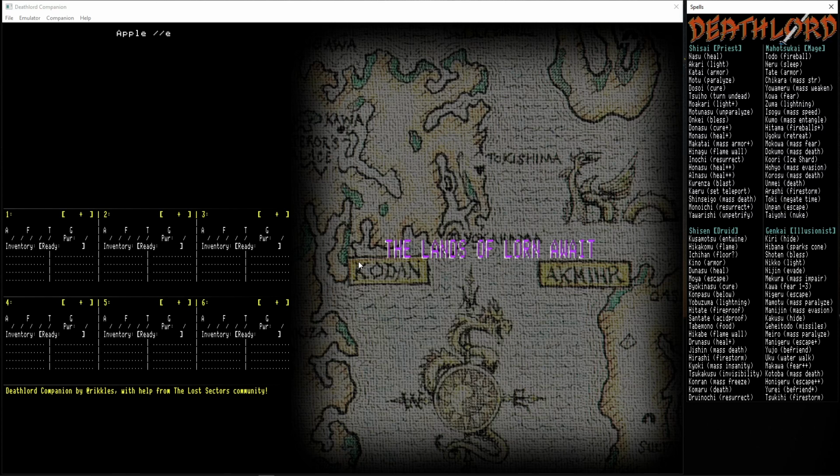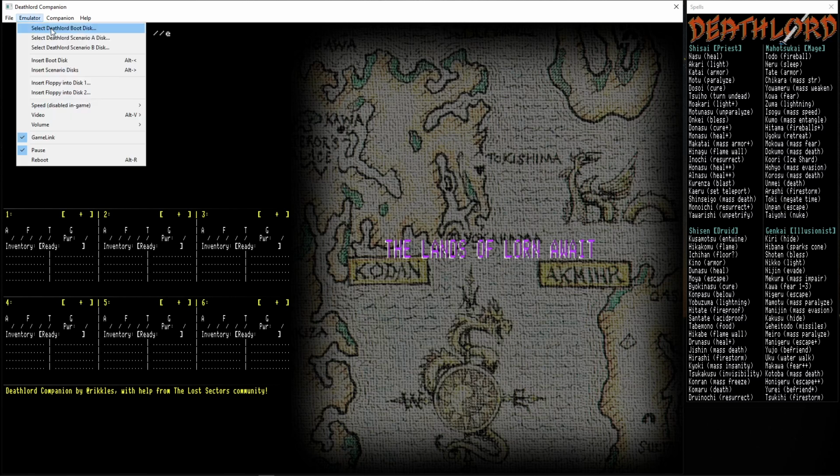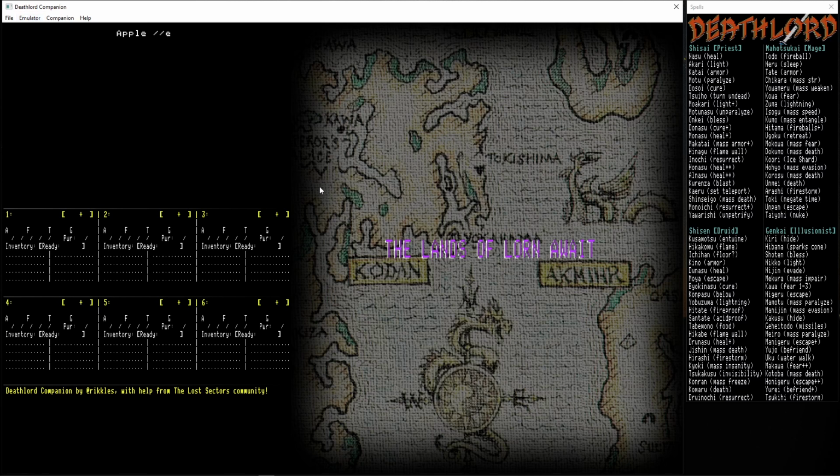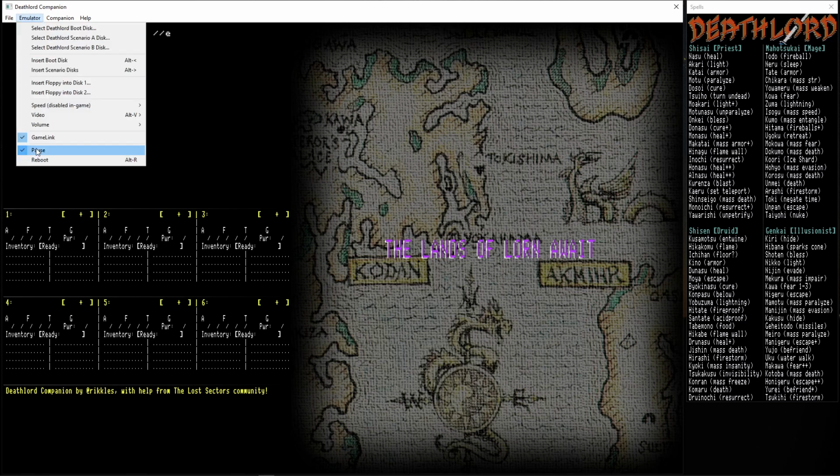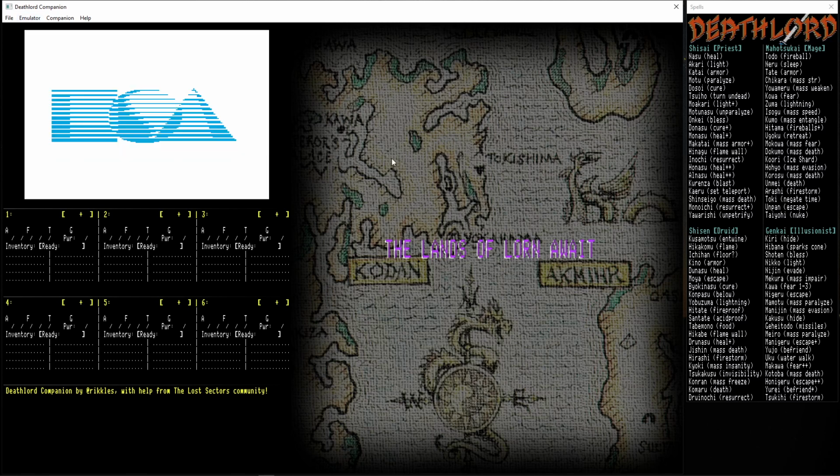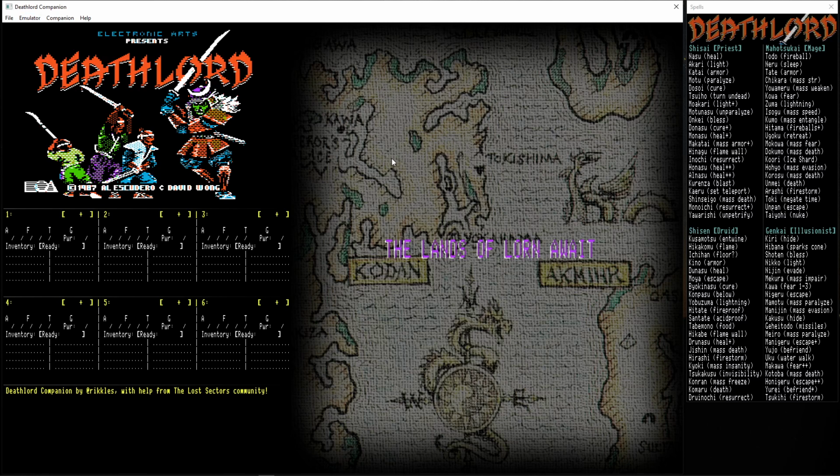The second change, or many other changes, let's go through them, is now that you launch the app, you are going to be automatically launching Deathlord, obviously. And you can select, as usual, the boot disk and the scenario disks and everything. So I've already selected them, and I've started the booting process, but I paused it. So let's unpause, and now it's booting. So the booting process is